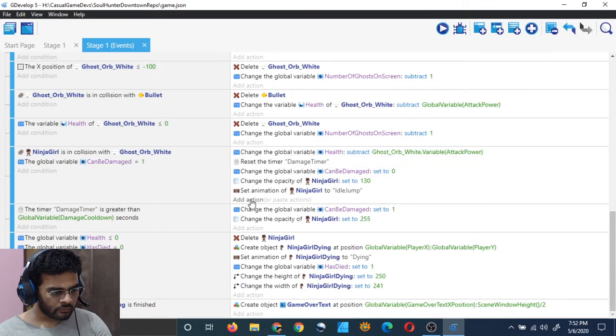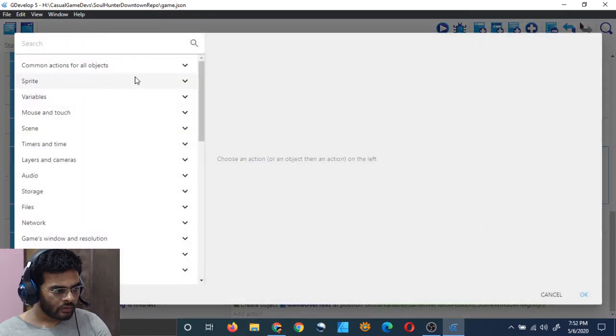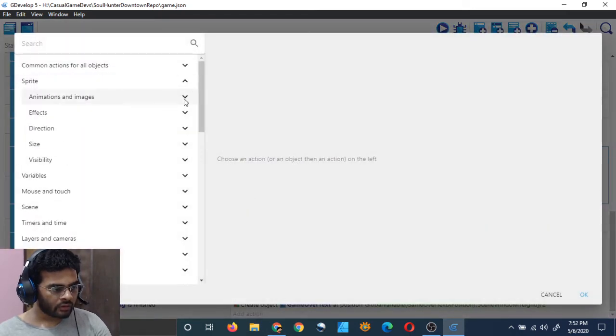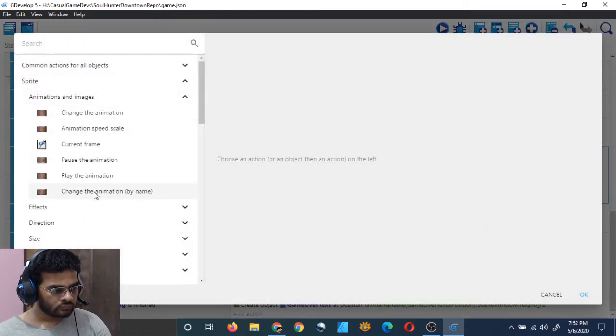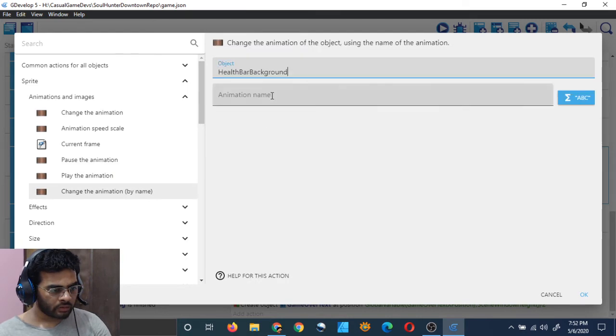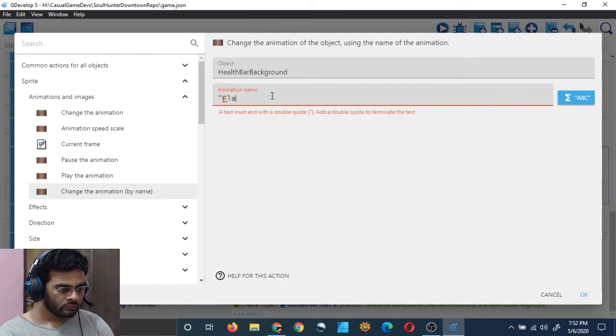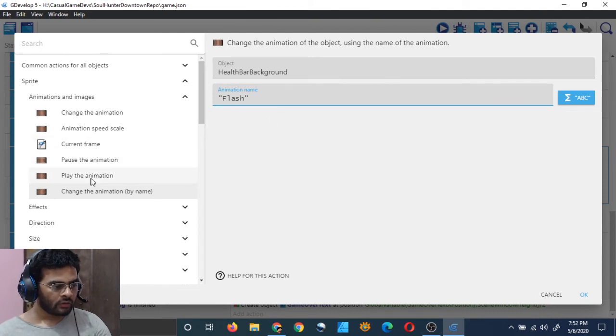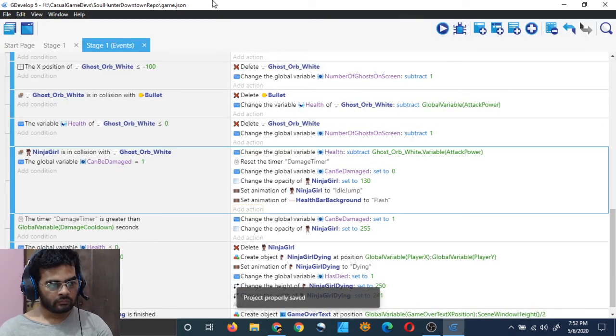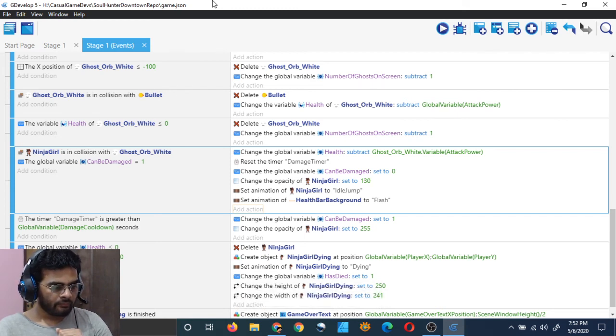At this point, we will add some animation to our health background. Change the animation of health bar background to flash, or just play the animation. Just change the animation. Flash. I mean, it will change the animation, but it will remain red at the end.